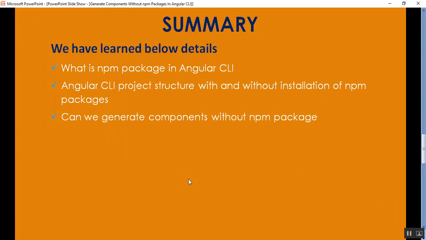So what we have covered in this video: first, we learned about npm packages in Angular CLI, and we understood the difference between an Angular CLI project structure with and without installation of npm packages or the node_modules folder. And can we generate a component without npm packages? Yes, for the latest version of Angular CLI we can generate the component without npm packages or the node_modules folder, but in the old version of Angular CLI we are not able to generate the